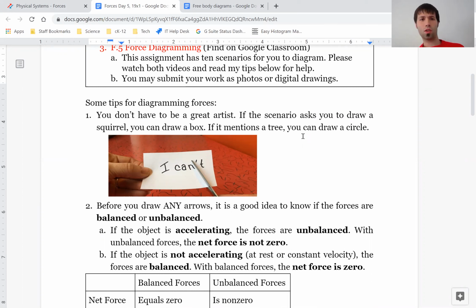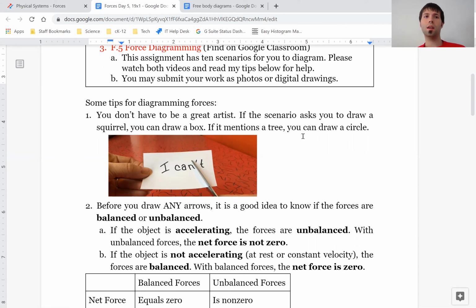If there's a squirrel, or a fancy dresser or whatever, you don't have to do anything fancy. You can just draw boxes. For a tree, draw a box. For a person, draw a box. Just draw boxes. I know that sounds kind of silly. Why would you do that? But